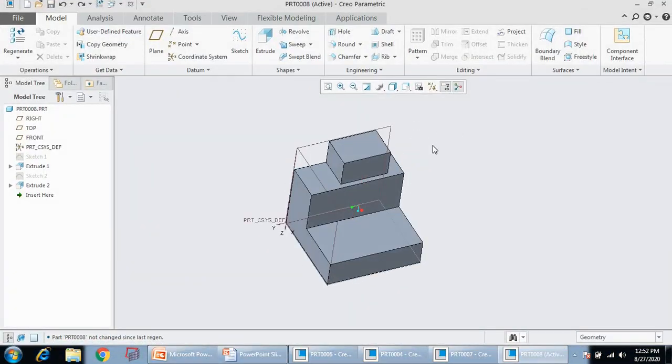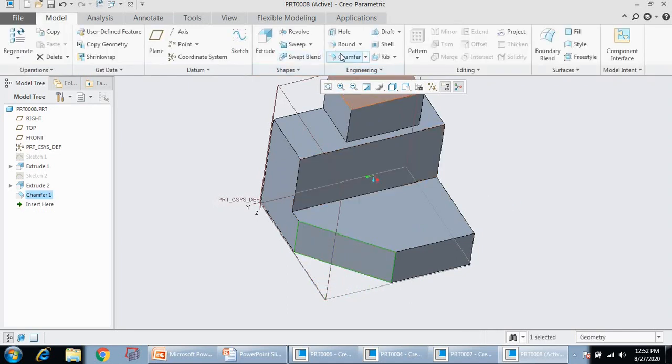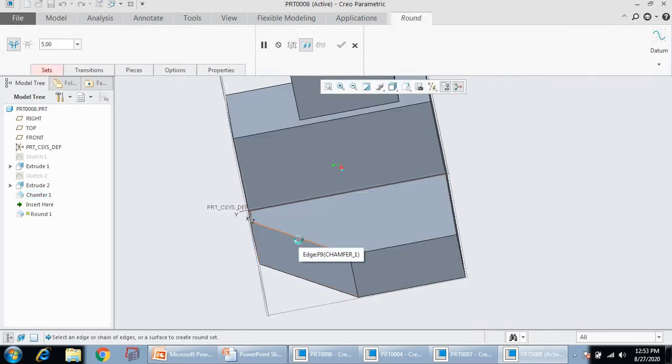Now let us consider the previous model. I will give a chamfer to edges. So this is one chamfer I have given. We are giving a round chamfer to this edge.